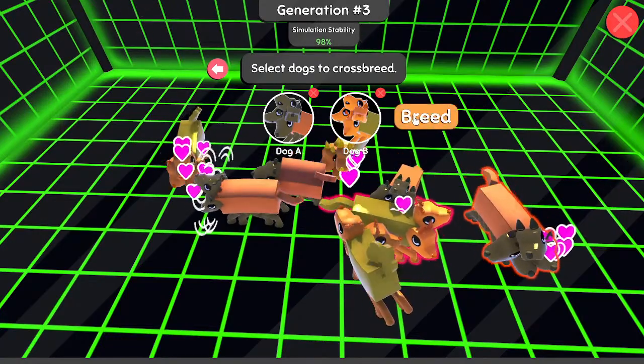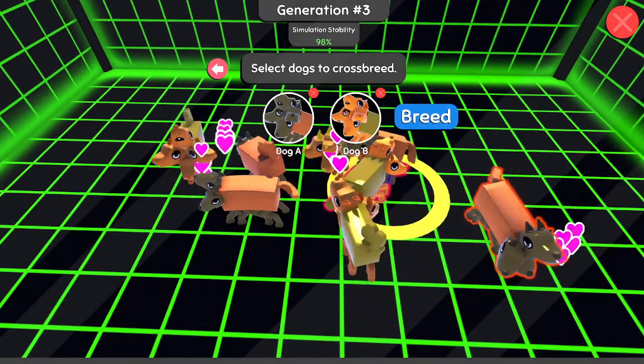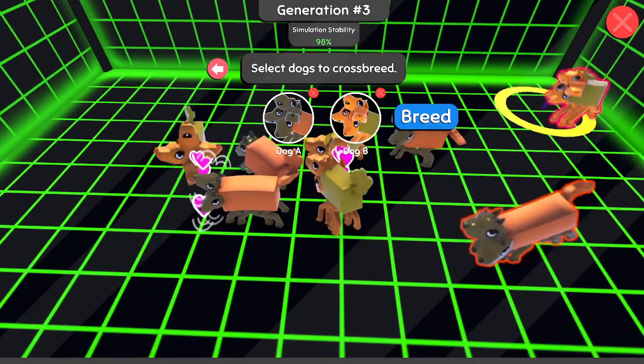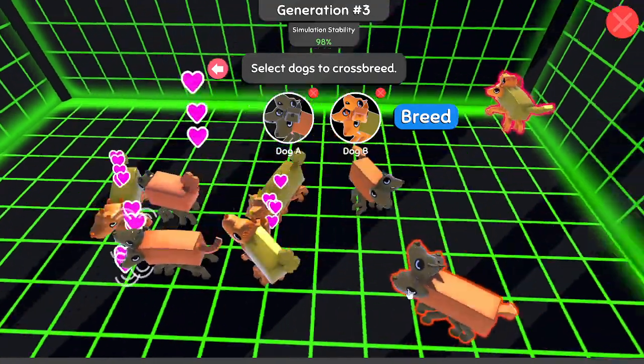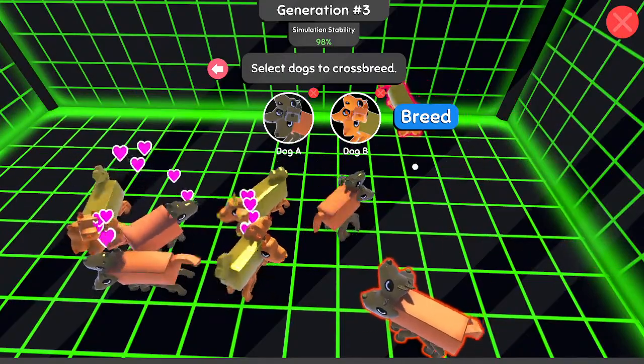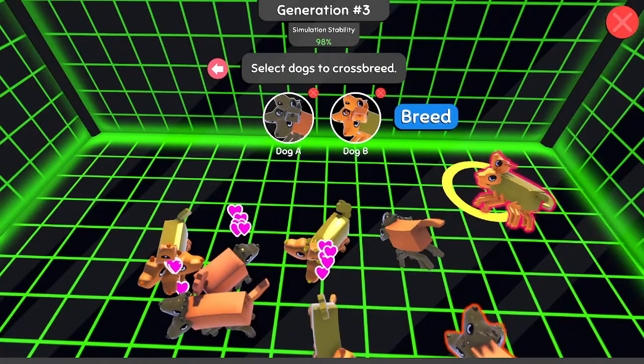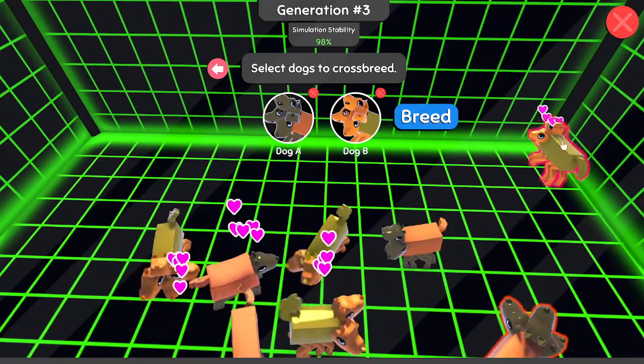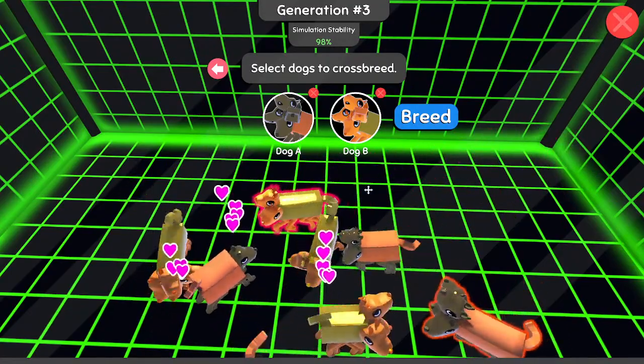I think that colour is drastically darker. Why does that look a different colour on his belly? I don't know.